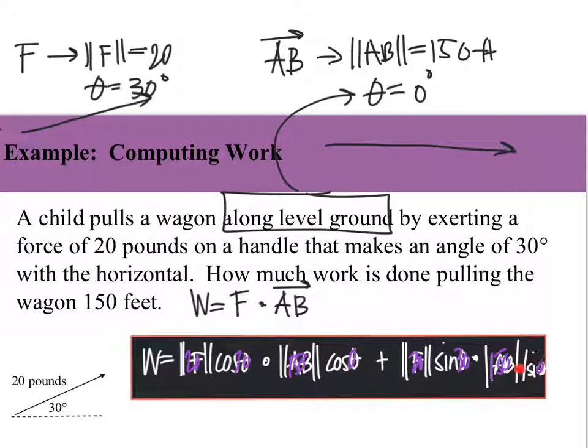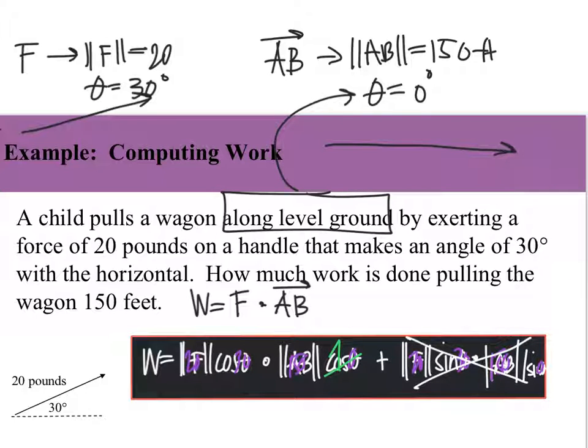So sine of 0 is 0, which is why this disappears. Again, sine of 0 is 0, so this product is all going to zero out. Cosine of 0 is 1,